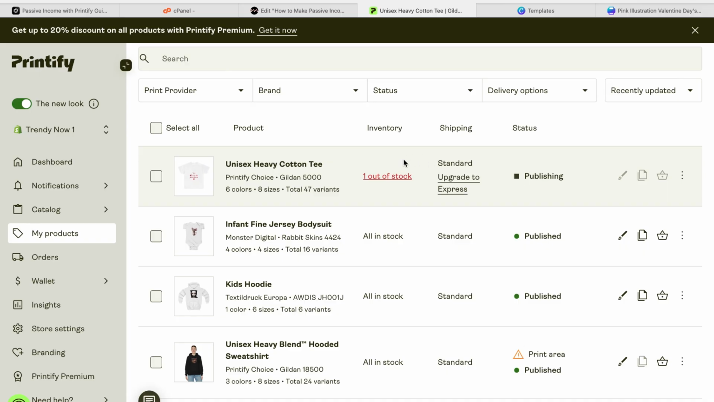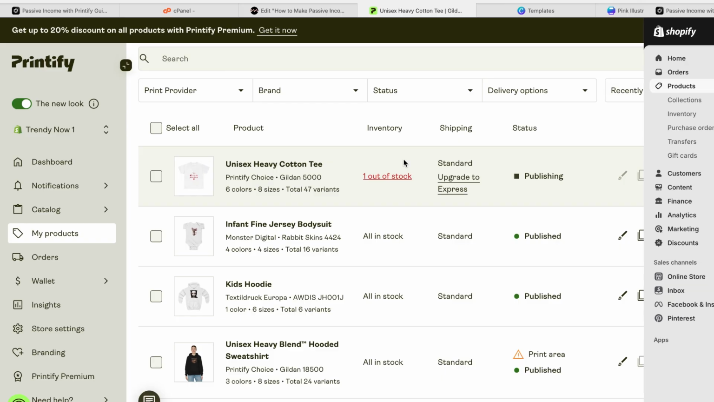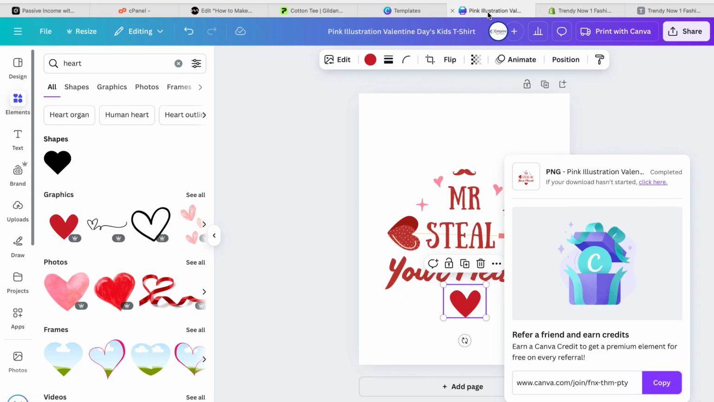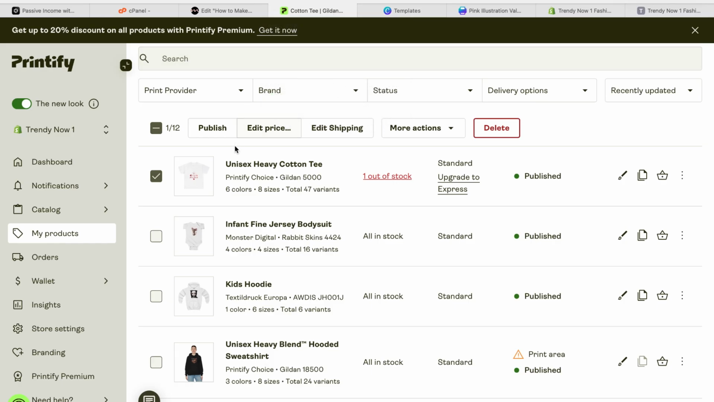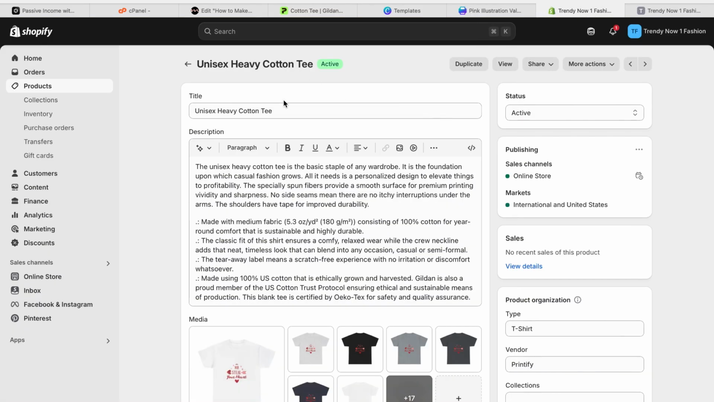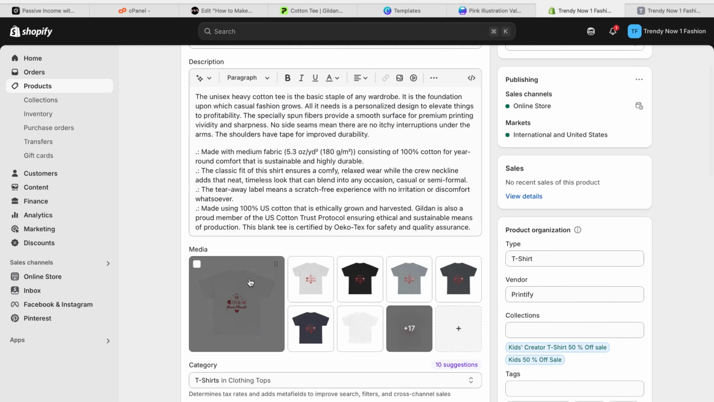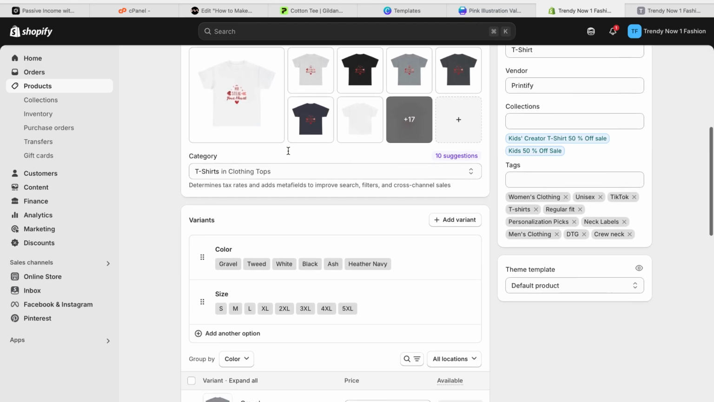It's going directly to my Shopify store. Just to show you, I published my t-shirt right into my Shopify store. So with one click, it published it, and look how beautiful this is. I go here, it wrote a description,